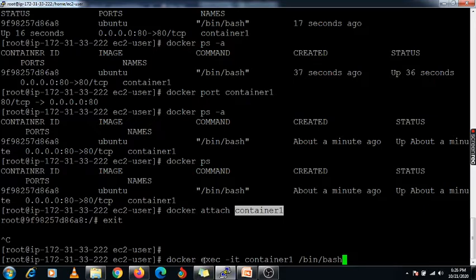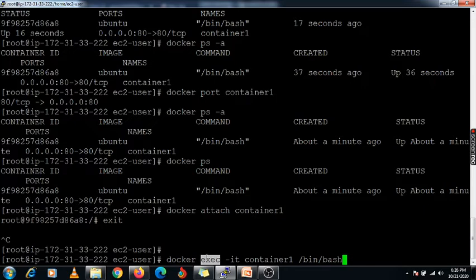Basically there is some difference between exec and attach. The difference is that exec will create a new process in your container, meaning whatever processes are going to run on your terminal in your container, that process will start newly using this exec command.